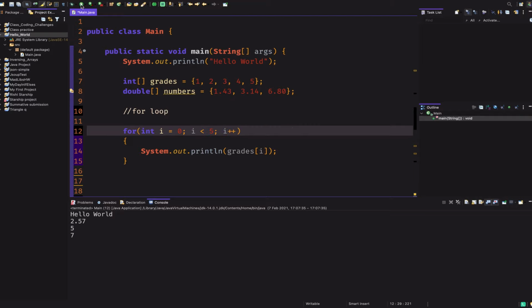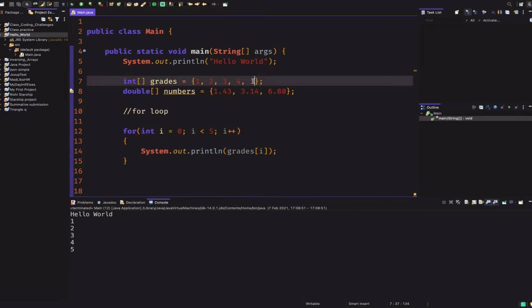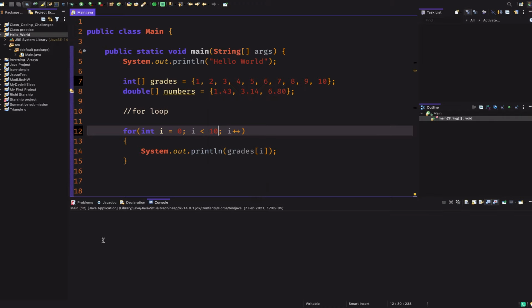I can just type 5 and it surely prints out 1, 2, 3, 4, 5. But what if I wanted to add 6, 7, 8, 9, 10? I can make it 10, sure. But you'll slowly come to realize that if I have 1,000 items in this array, it becomes really inconvenient to do so. Which is why we can actually type grades.length.